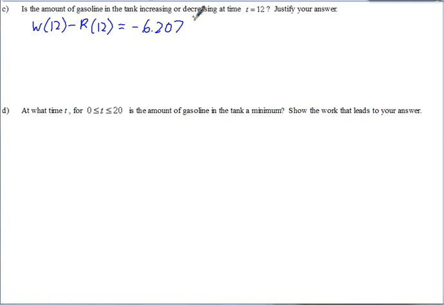The units here would be in gallons per minute. So again, notice negative is the key. So our derivative is negative there. So that means decreasing. So we can say the gasoline in the tank is decreasing